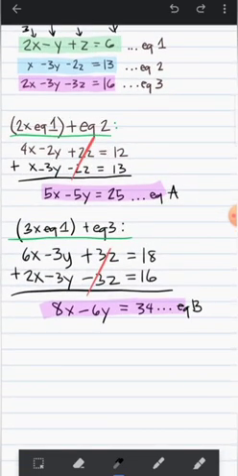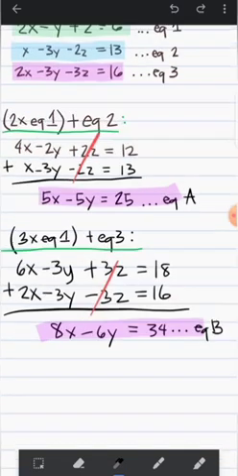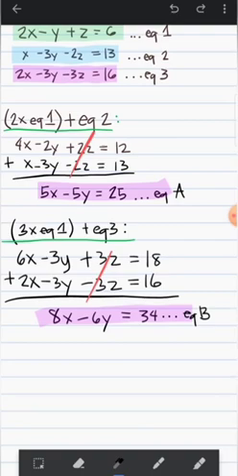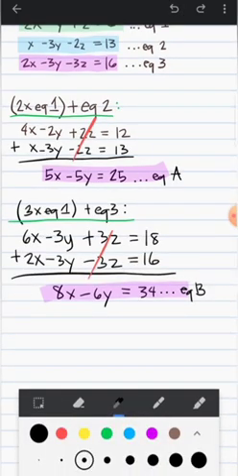Turns out it's 30 because 5, 10, 15, 20, 25, 30. And for 6: 6, 12, 18, 24, and then plus 6 is 30. So their least common multiple is 30. And so, to get 30y on both of these equations, we just have to multiply this equation by 6 and this equation by 5. So, if we do that,